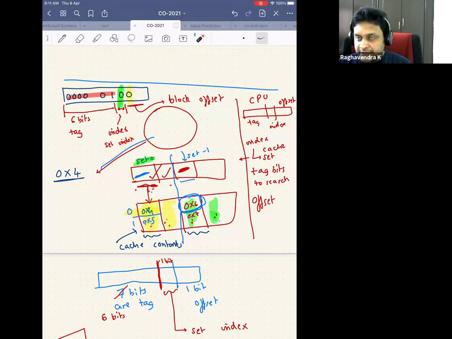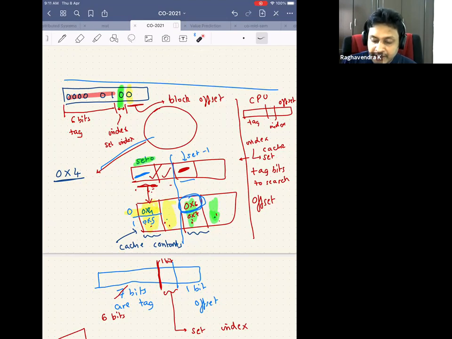Since it is 0, I will read the 0th byte. So first I use the index bits to go to a particular set, use the tag bits to feed it into the comparator to search for the tag. If it is a hit, then I will use the offset bit to read the particular byte. If it is a miss, then I go to the main memory and fetch in multiples of 2 because I have a 2-byte block,